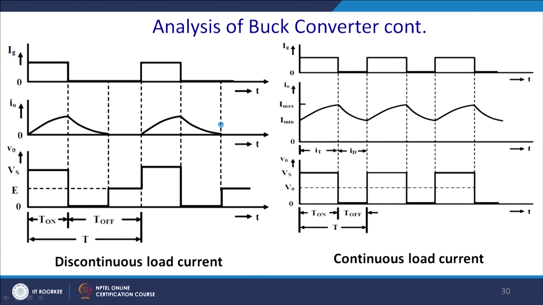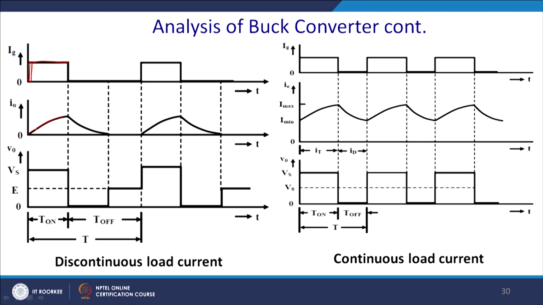So, you give a gate pulse, and it will be triggered on. Thereafter you may turn off the gate current, and the current will ramp on. But if instead of a thyristor it is another device like an IGBT, you are required to give a continuous gate voltage or gate current.